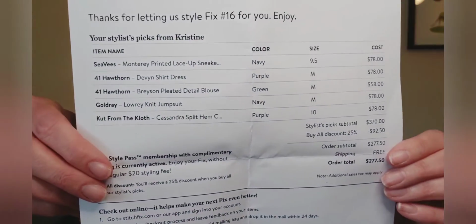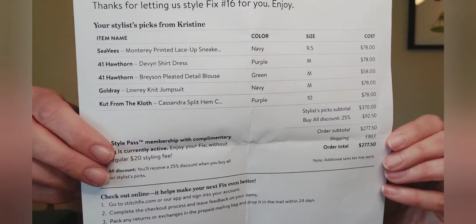So I have here exactly what I received from Christine. Christine's been my stylist for a while now, and she's been fabulous. So I've been very happy with all the things she's been sending me. This month was pretty good. I think I've got 3 out of 5 that I like. So this is number 16. Here is a look at the invoice. The 2 items I'm not interested in keeping are actually the more expensive items,